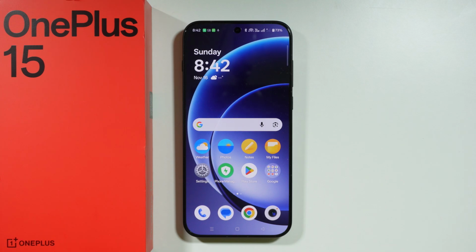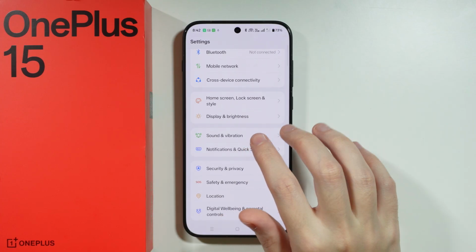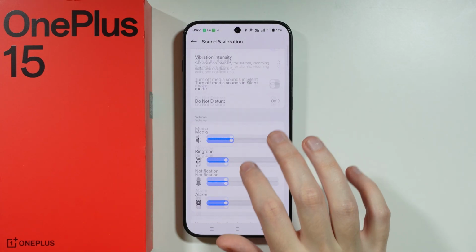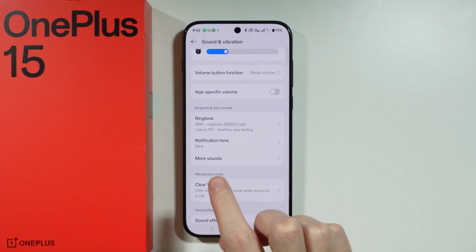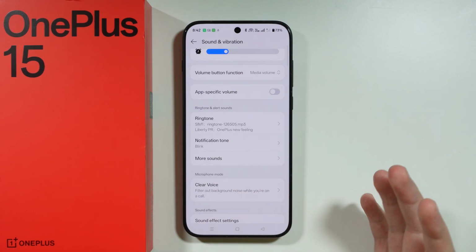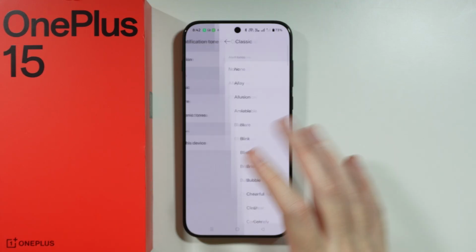If you want to set a custom message sound on OnePlus 15, here's what you can do. So first of all, we can go to settings and choose sound and vibration. And in here, you should be able to find notification tone. And notification tones include message tones. So we can change the general notification tone or notification sound on this phone by choosing any of these sounds